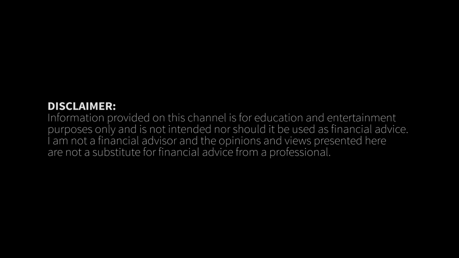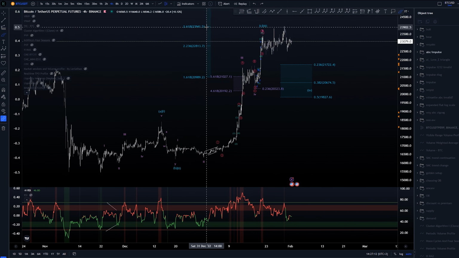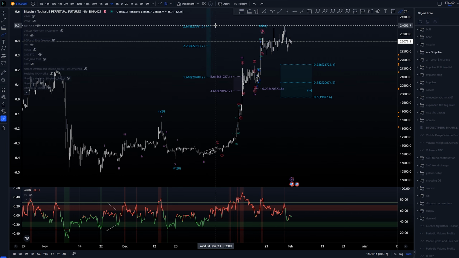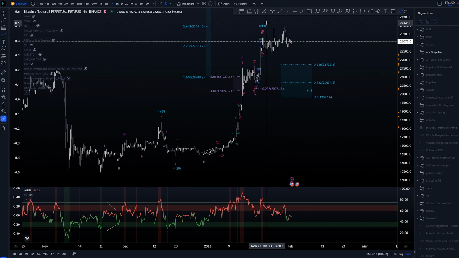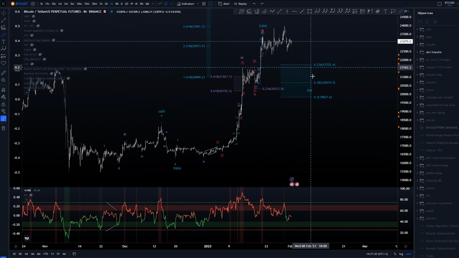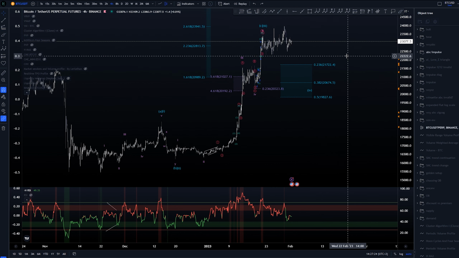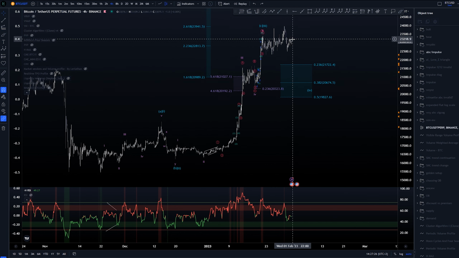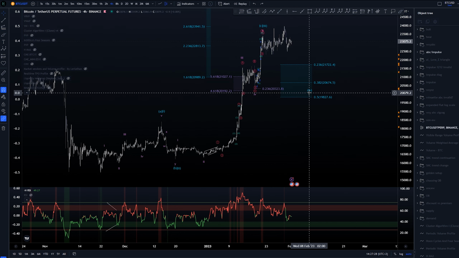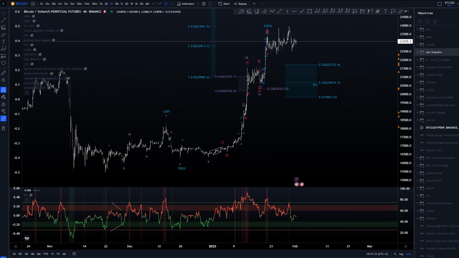So at this point, again, we do favor the third wave because it is so extended. If we go even beyond the 2.236, then I'm going to be heavily favoring the third wave here. So the expectation is that we're going to be creating some kind of wave 4 here and then continuation to the upside. There is also potential that this wave 4 is already finished in these lows, but we're going to be talking about that next.